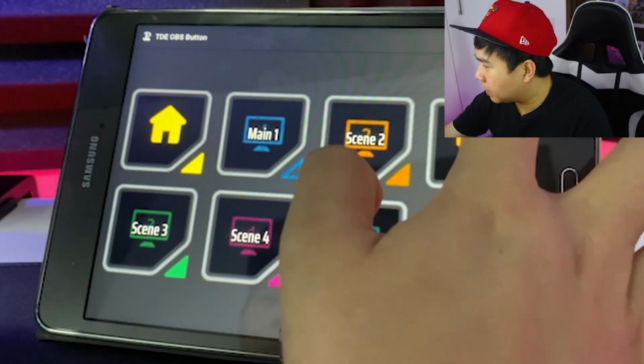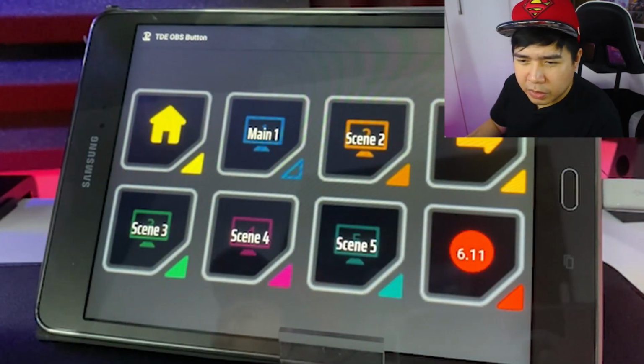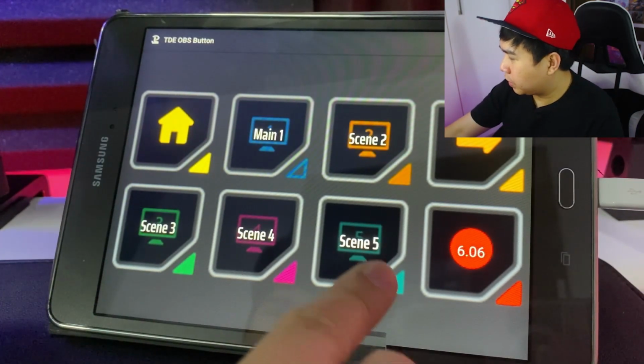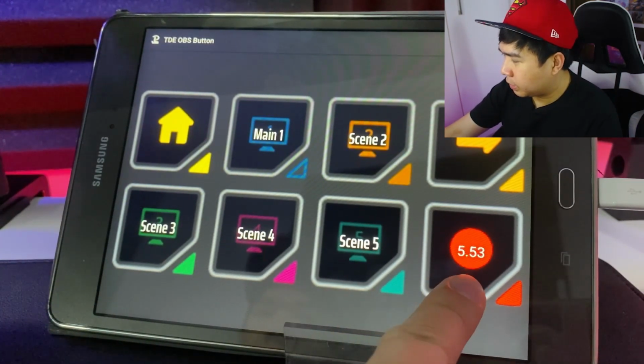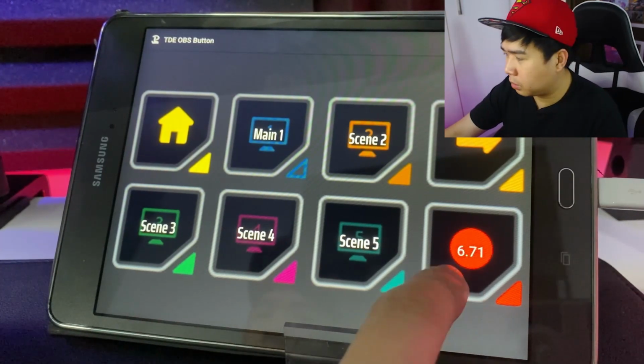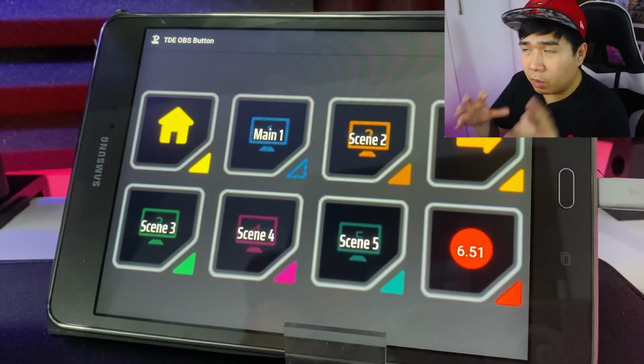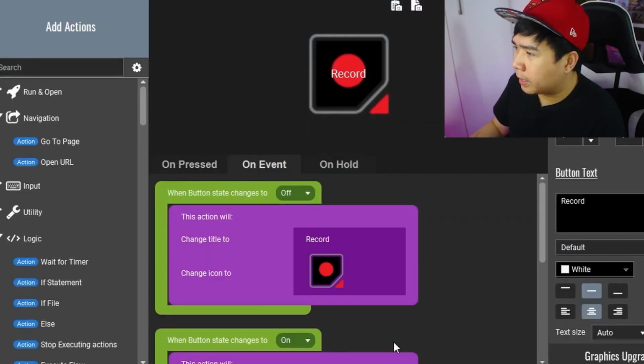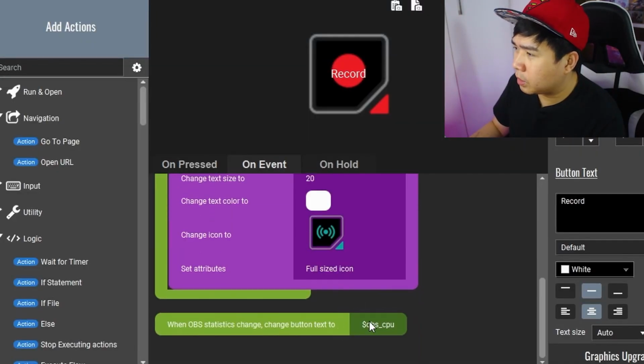Let's try to see if it's using it here. The statistics has changed, and you will see this is your OBS CPU usage right here. But if you want, you can also change this to FPS. All you gotta do is go to this side, go to events, and on the bottom part, change the naming